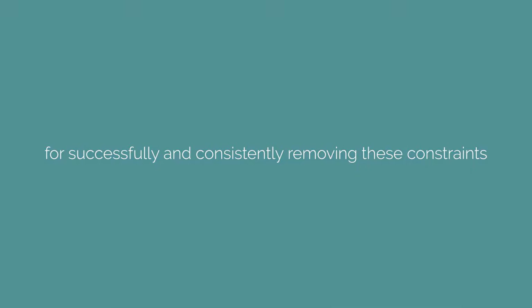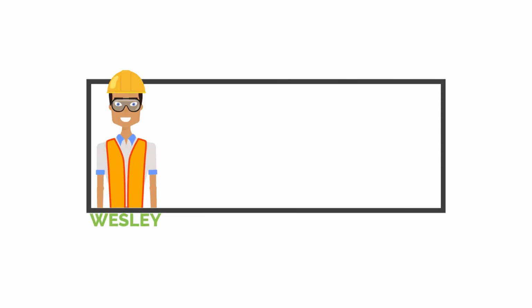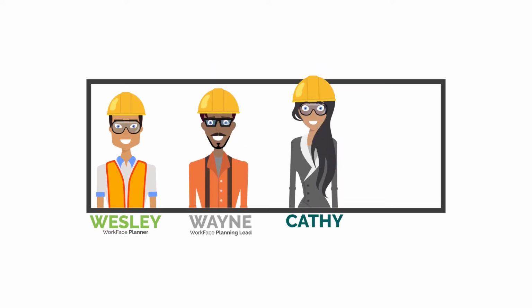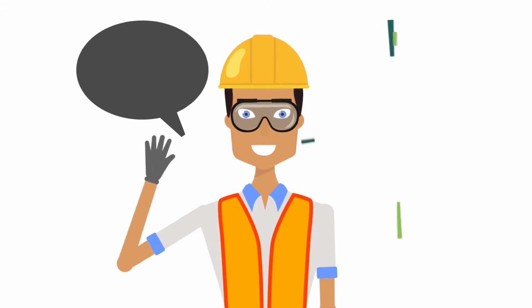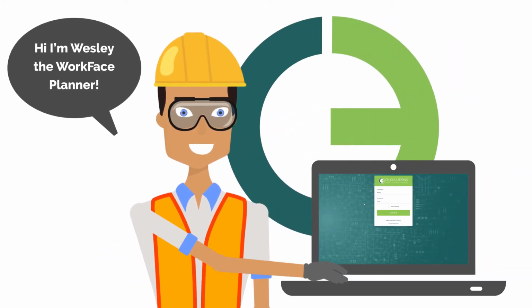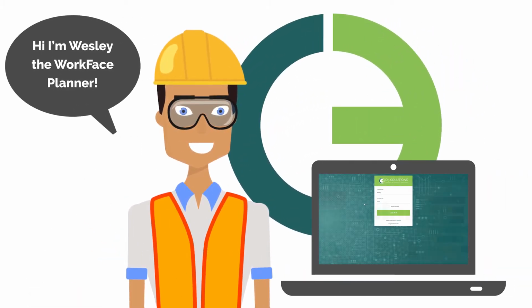removing these constraints. Over the course of the next couple minutes, we will follow 4 individuals as they work together in O3 to manage their constraints. Our participants are Wayne, the workface planning lead, Wesley, the workface planner, Cathy, the constraint owner, and Karl, the construction manager. Our story begins with Wesley, the workface planner, logging into O3, where he will be chasing down his blocking